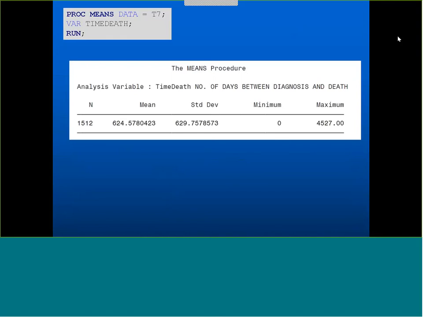So you'll notice here that the variable being analyzed is time death, and I've given it the label of number of days between diagnosis and death. In total, there were 1,512 observations used in this analysis. And you might say, wait, there were over 9,000 observations in the T7 data set. But it turns out that there are only 1,512 deaths in the data set, and hence it's left out all the missings, where time death wasn't calculated because they didn't die. So we have 1,512 individuals who died, and the time to death is 6.24 days,